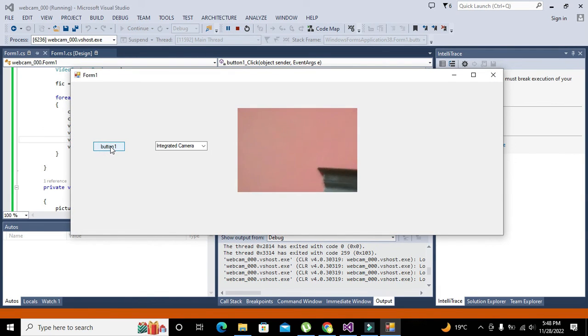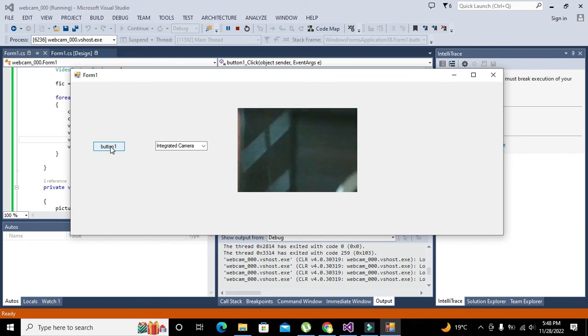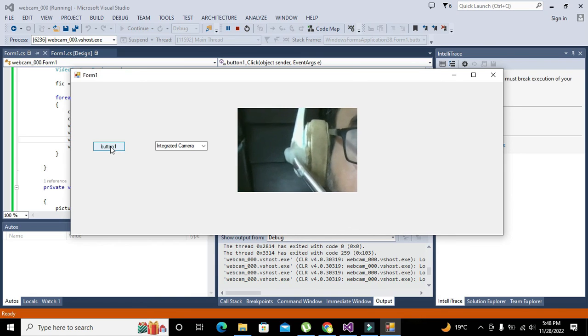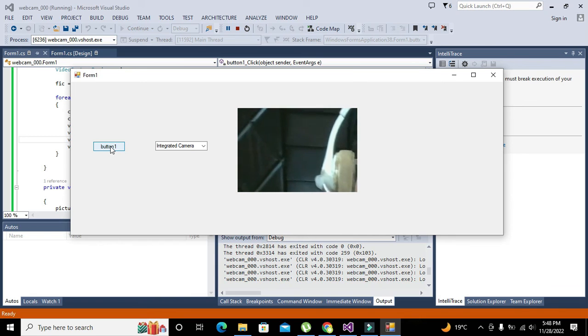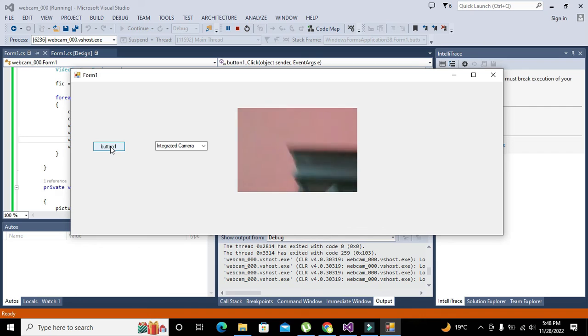Now you can see that, wait, I can't focus on myself. It is not like this, but you can see a little bit. So hopefully you got the concept of how you can integrate a webcam